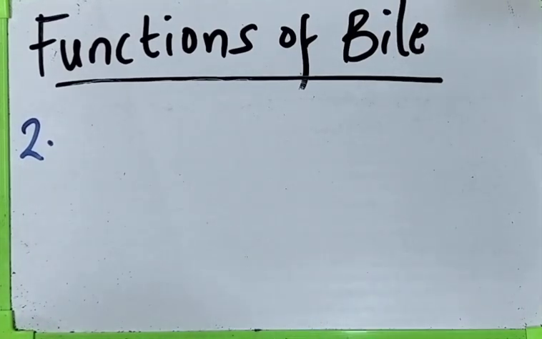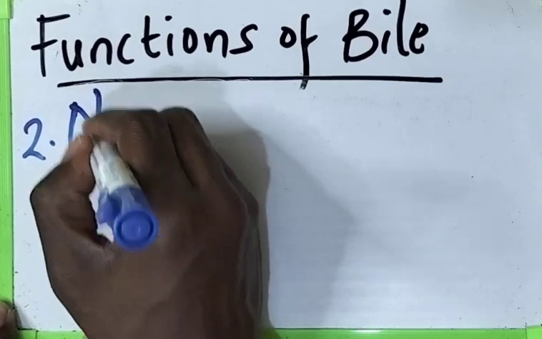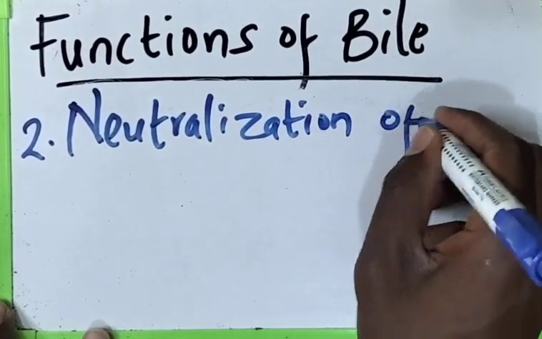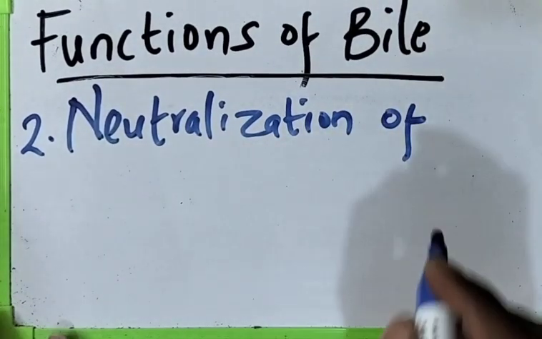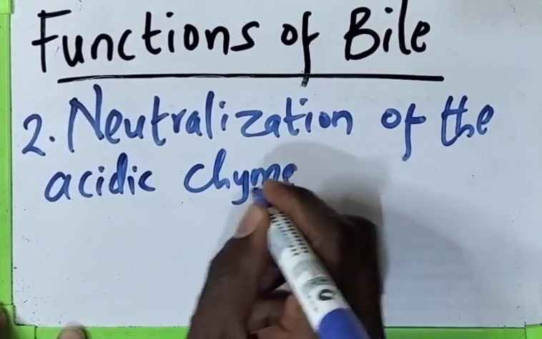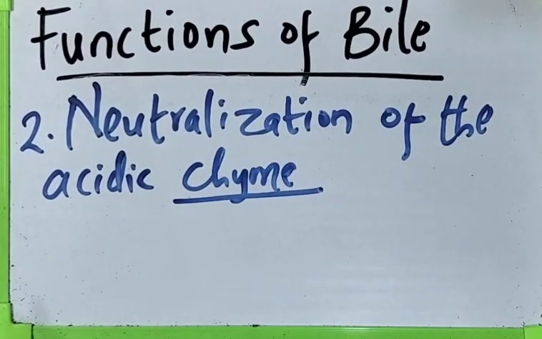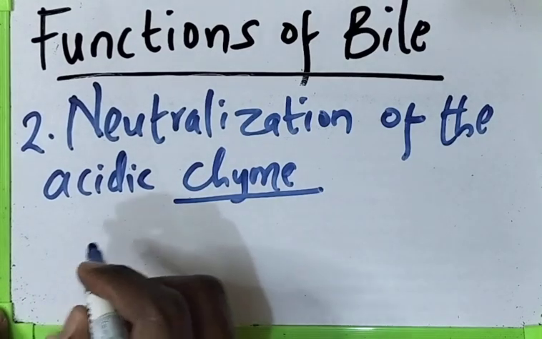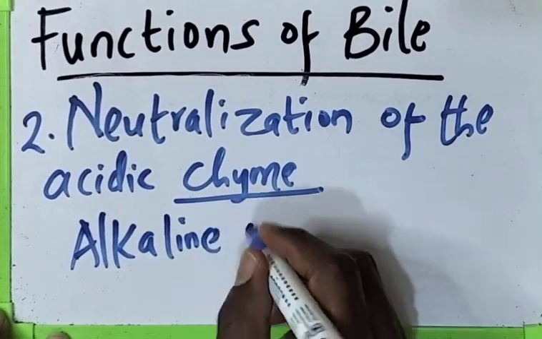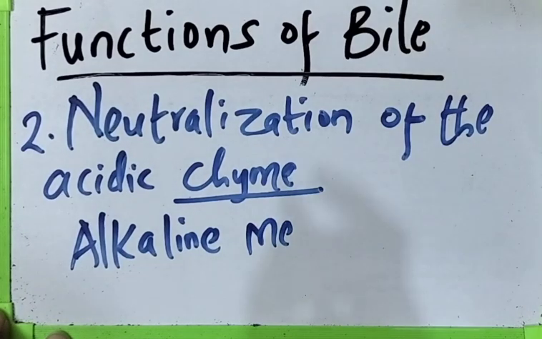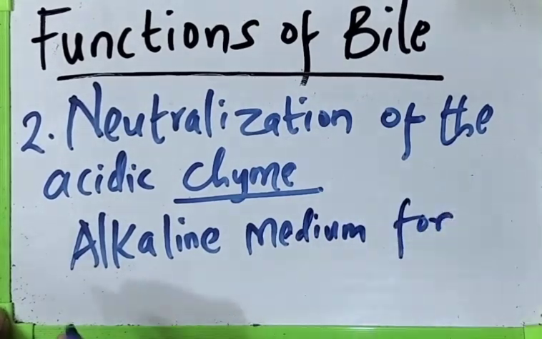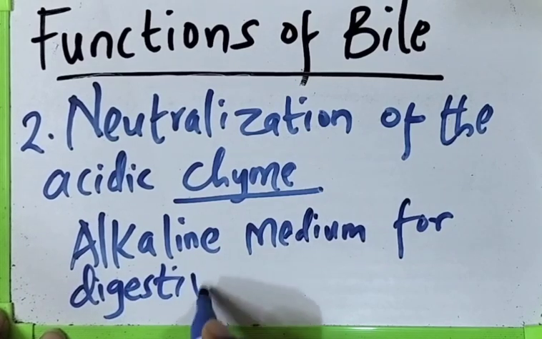Function number 2, bile neutralization of the acidic chyme. The acidic chyme is neutralized, kind of breaking down that acid so that it can create an alkaline environment or medium, which is the best for digestive enzymes